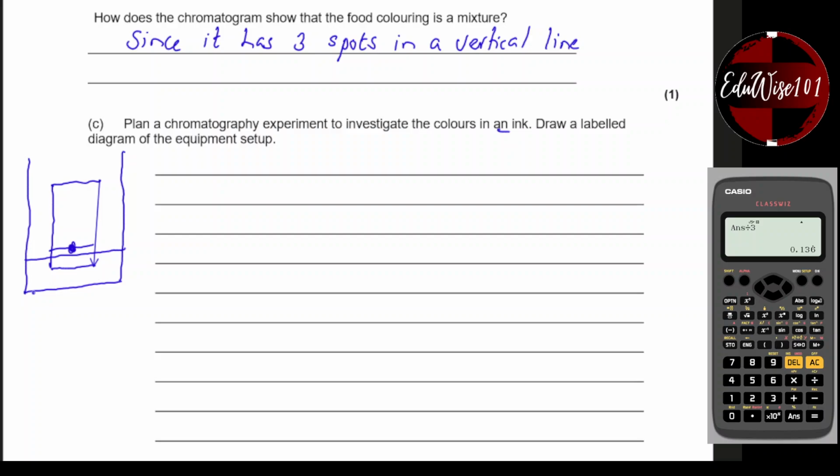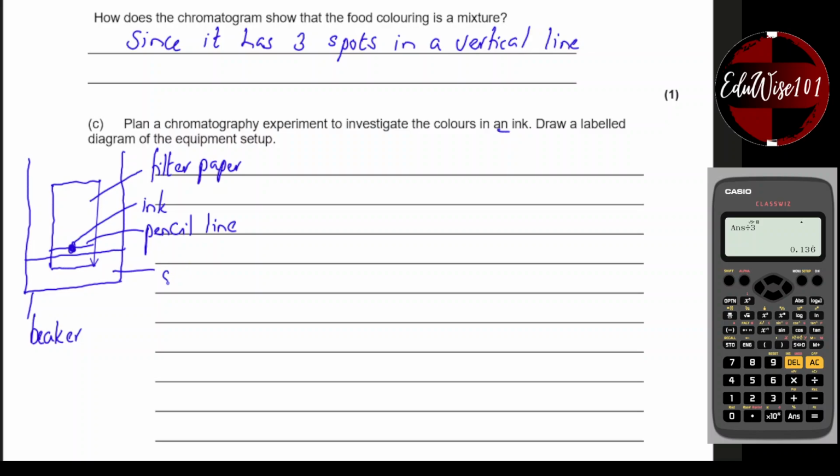So let's label it: beaker, right? You could say filter paper, right? And ink, and this line, pencil line,